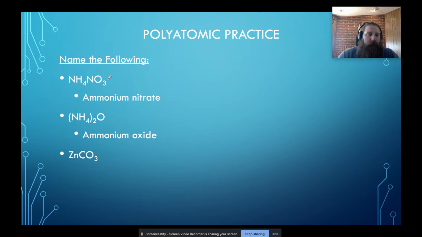Carbonate's -2. That's why there are no subscripts next to zinc. The 2's cancel out. I write the metal, zinc. I write the non-metal, which is in this case carbonate. All right, Pb(NO3)2. This one is the first one we're going to have to kind of think